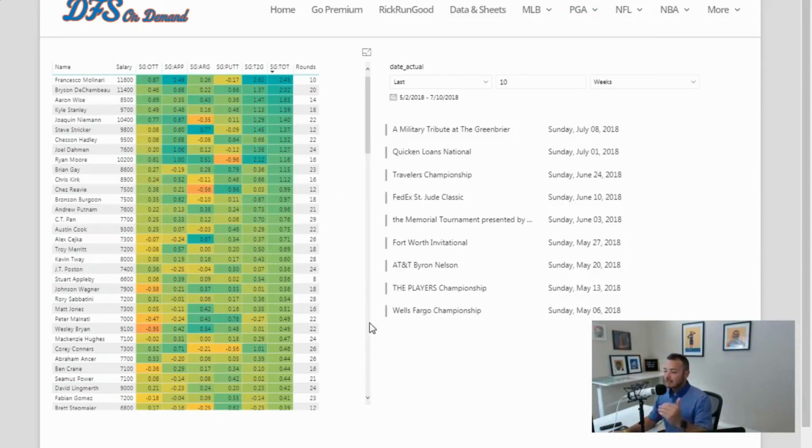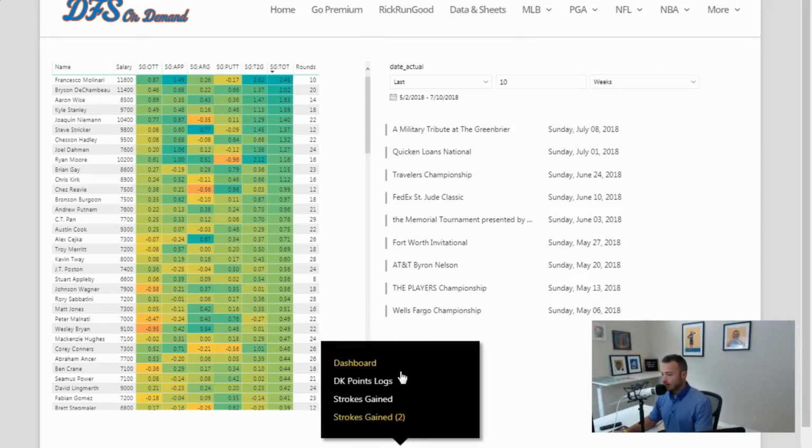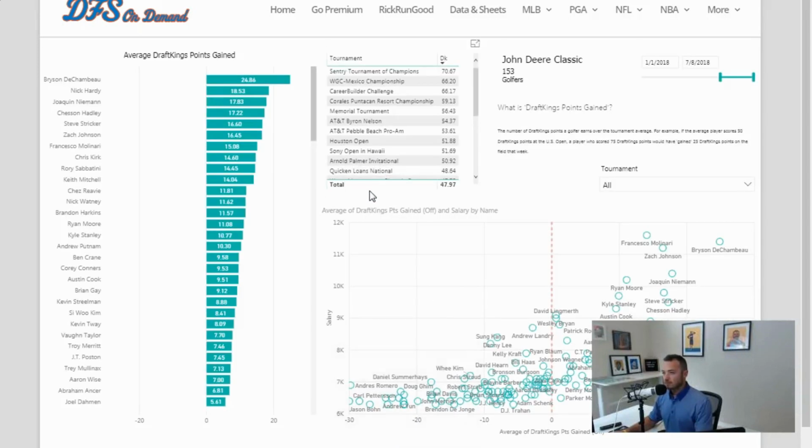All right. Let's go to this new strokes gained thing because I think there's a lot to talk about. Again, a new tool. I got a couple of tabs down here. I don't even know where to start. So here's my main dashboard. I love this DraftKings points gain stat I've been going with. I love it, love it, love it. I'm looking at it from the start of the year, which is what we've kind of done historically. And you can see Bryson just continues to pop up here, averaging 24 DraftKings points over the field each week